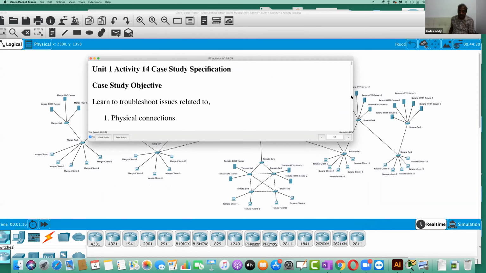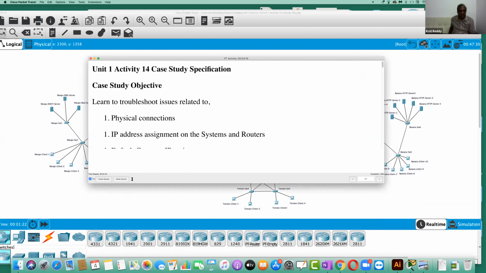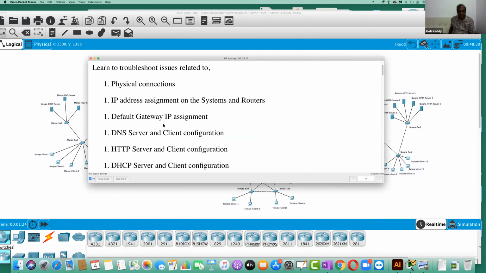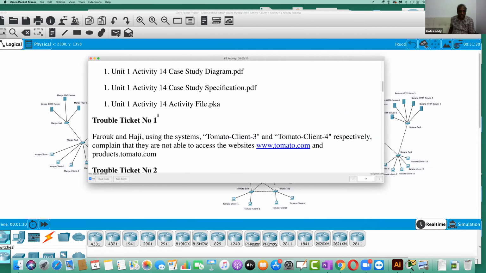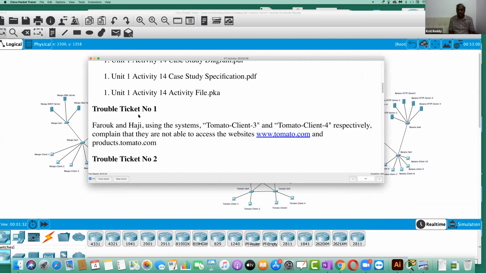The specification says we are going to learn troubleshooting issues related to physical connections, address assignment, and all these things. You can download these files from the website. Now let us see trouble ticket number 1. Trouble ticket number 1 says Farooq and Haji. There are two users, Farooq and Haji.